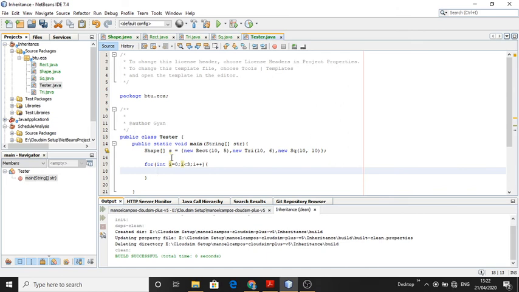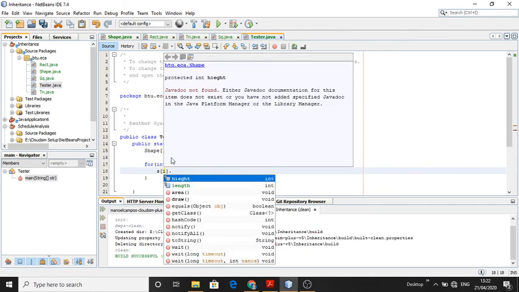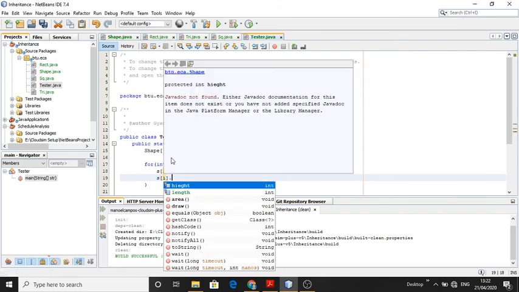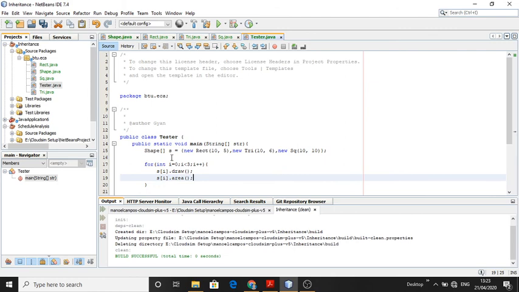Now we take s of the ith position and call draw, and s of the ith position and now call area. So the important thing here is that we use the reference variable of the Shape class to call the methods of the child classes.